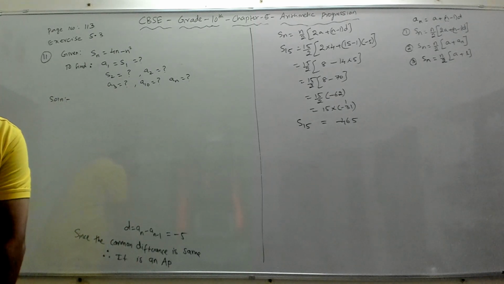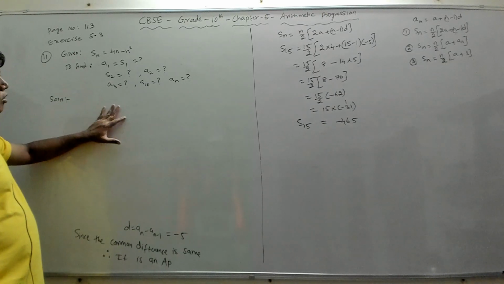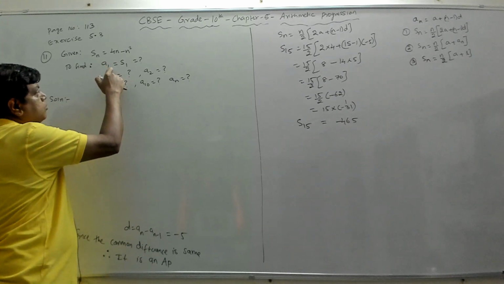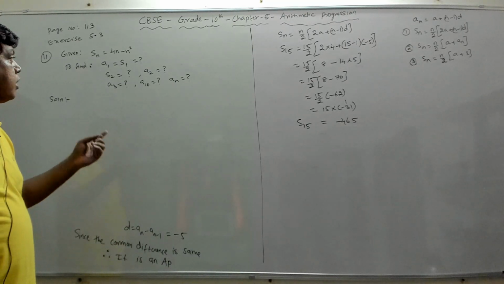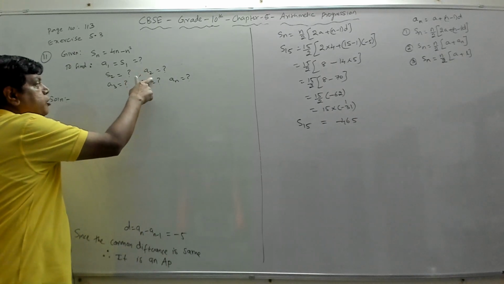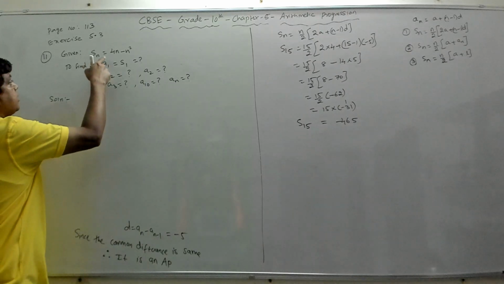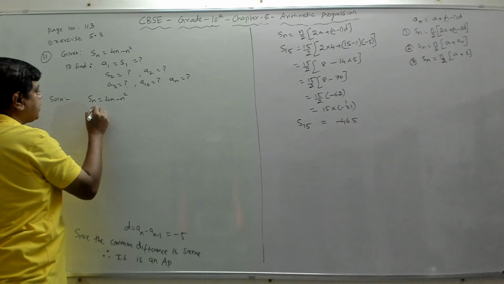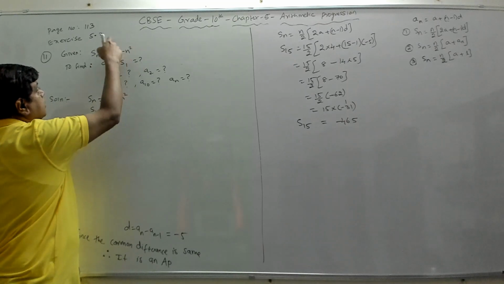Fine. The sum of n terms of an AP. See, they have given that it's an AP. A1, A2, A3, dot dot dot, they form an AP. We have to find the sum of the first one term, which is S1, and the sum of first two terms, which is S2, and then the second term. See, A2 means second term, S2 means sum of first two terms. Now, Sn is given by this formula, 4n minus n square. So if I put n equal to 1, I'll get S1.